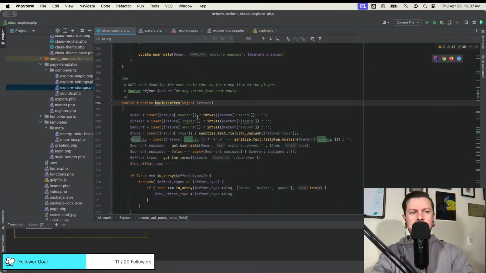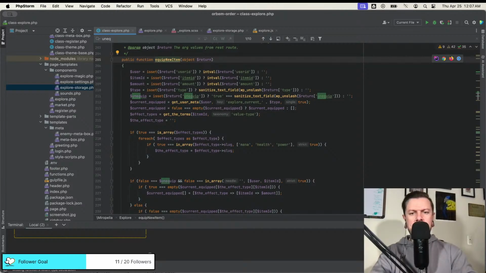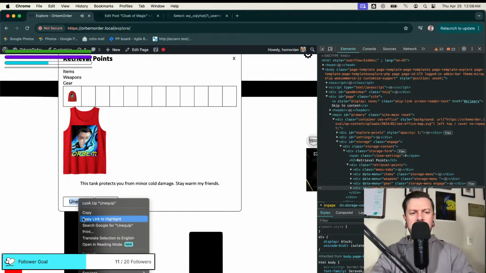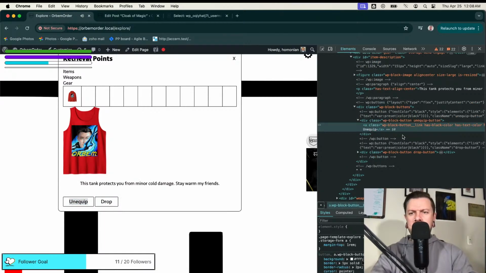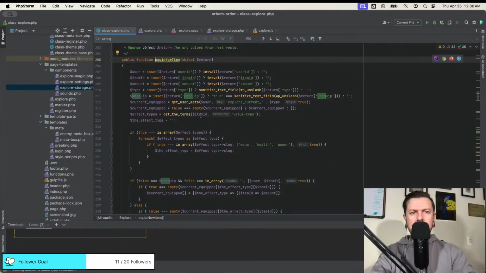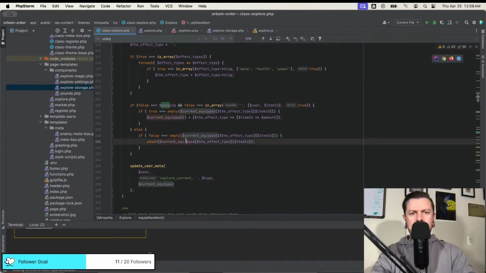Yes, here we go. So if we pass unequip, let's double check that the stuff is correct. Unequip button. Okay, perfect. Yep, so that's working fine. So what I need to do is unset.